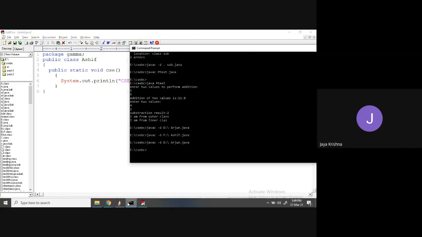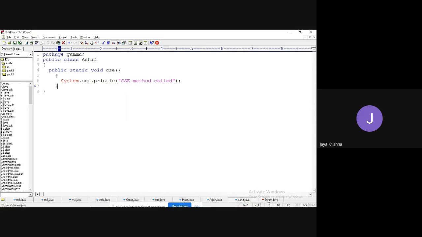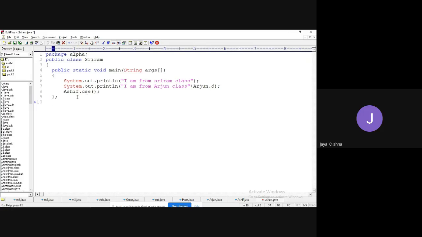Once I make a modification, I need to compile Asif.java again. Compiled successfully. Now Asif dot the method name is CSC.